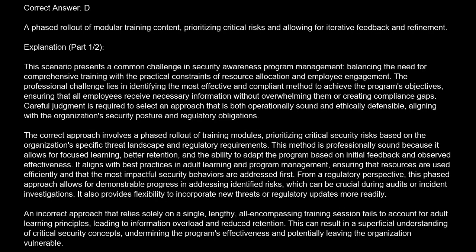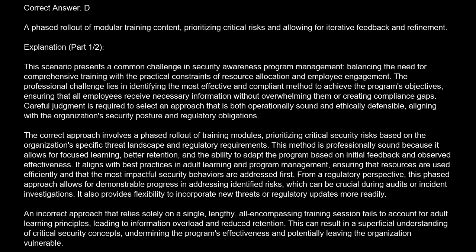The correct answer is D. A phased rollout of modular training content, prioritizing critical risks and allowing for iterative feedback and refinement. Explanation. This scenario presents a common challenge in security awareness program management, balancing the need for comprehensive training with the